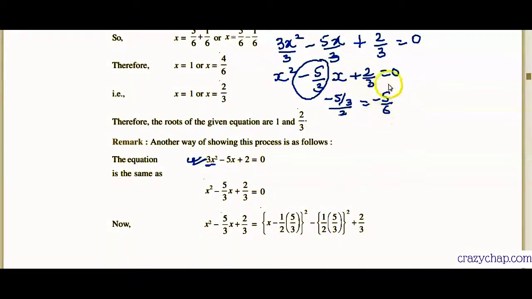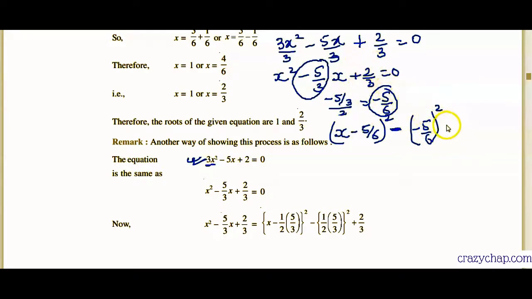Right? So this number you get, we'll use it as a perfect square. So we'll say x minus 5 over 6, because the number is minus 5 over 6. So we'll just put the number, and we square it. And you remember we had to subtract the number. So now we'll put subtraction, and then the square of this negative 5 over 6 thing, you have to put it as a square. So negative 5 over 6 with square. Please understand there will always be a subtraction, and whatever number you get here, you square that. Hope it is clear.